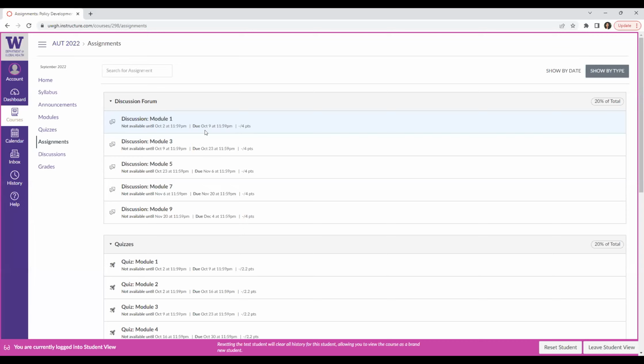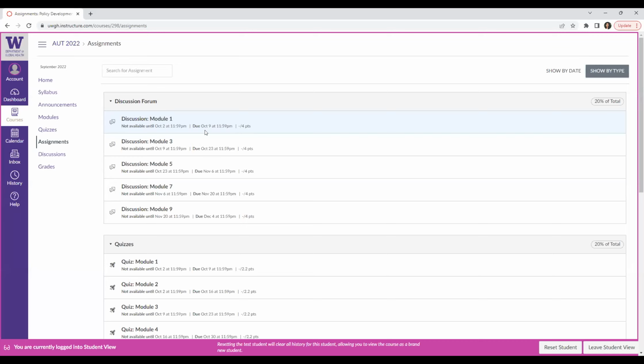So again, the assignments open a week early. So you really have a 3-week window in order to complete all the assignments, because you can complete them a week early, you can complete them the week that we are covering the module, and then you can complete them a week late. So just keep in mind that all of the assignments have a 3-week window for you to complete. If you get behind, just make sure you catch up within that 3-week window, and you're always welcome to work ahead.